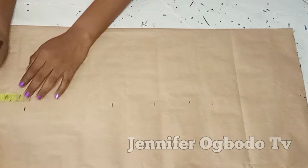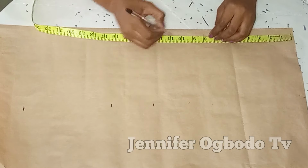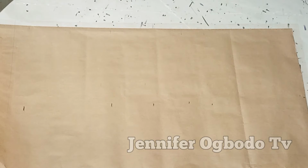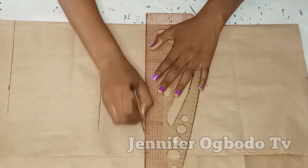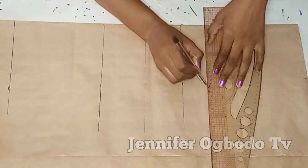Then I went down by extra inches, so you can go down by about 5 inches. Okay, I think that will be enough. 4 inches to 5 inches will be okay. So after doing that, guys, the next thing is to just rule out all the lines like this. Connect the points together. So after connecting the points together, the next thing to do now is to go ahead